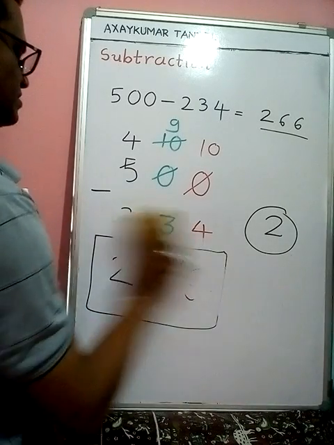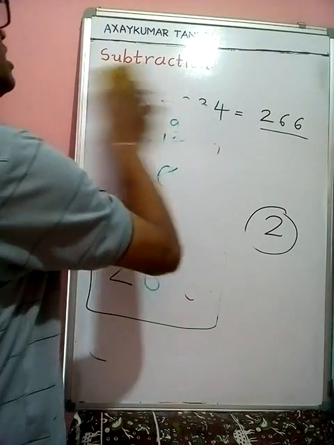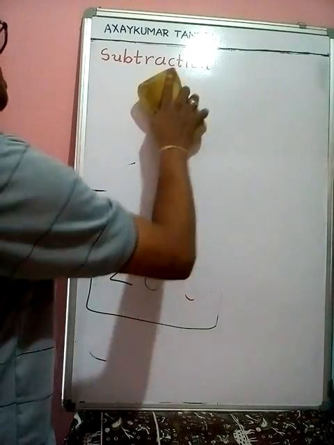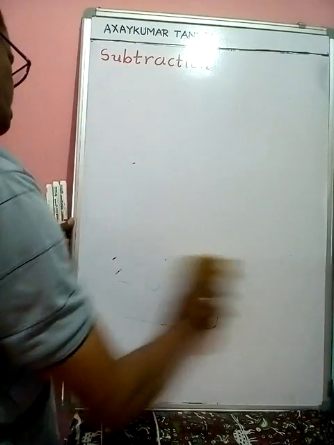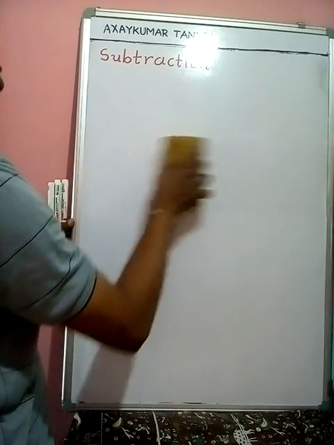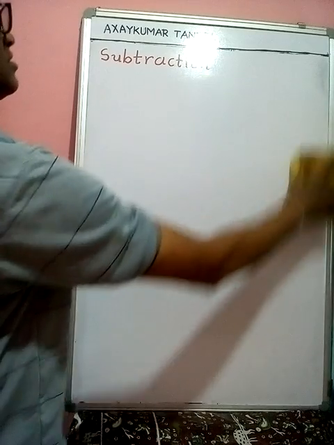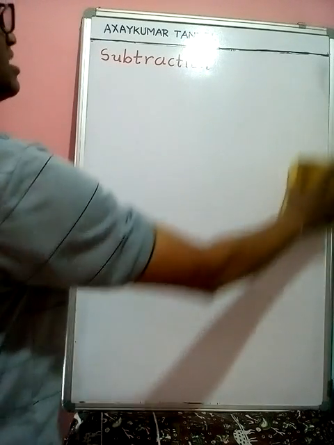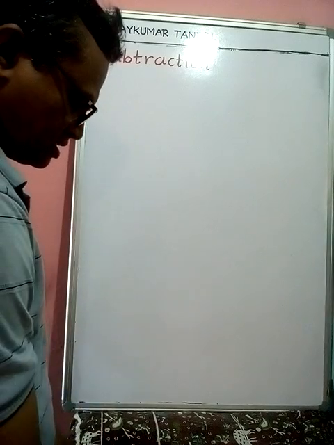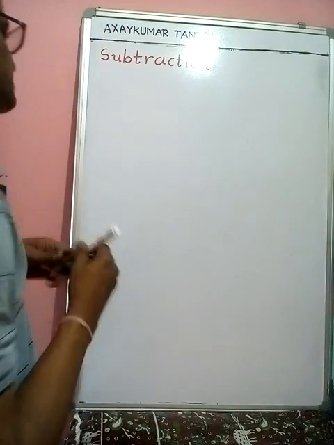Now next example. It is the final example and it is a very important example. If we understand that example, we can solve any subtraction example. We can solve any example. We write here